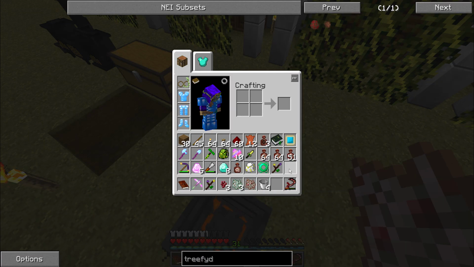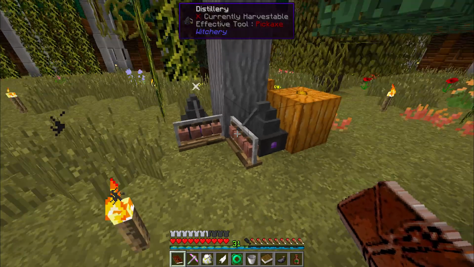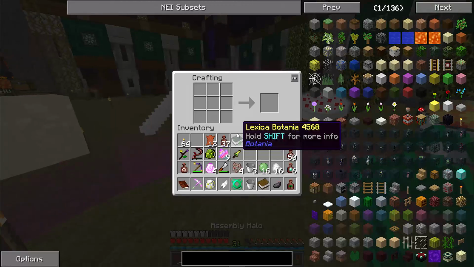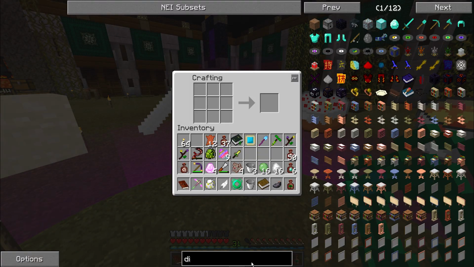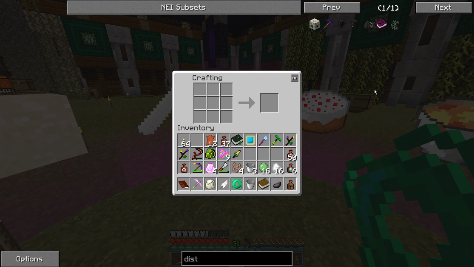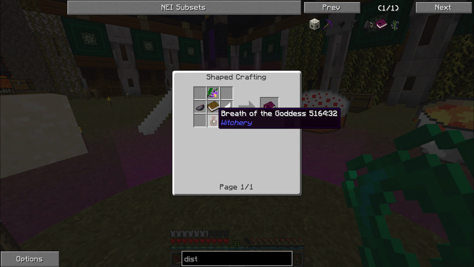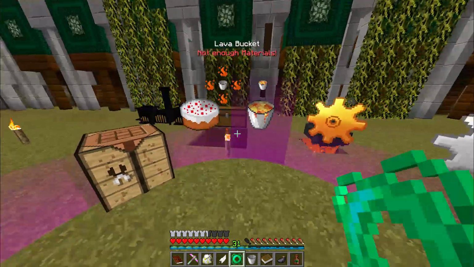Excellent. Alright. Back soon. Alright, I decided I was impatient and I built myself another distillery because I needed things to move faster. So, what's next on the list? We have another book to make. Distilling. There we are. Witchcraft. Distilling, made with a Breath of the Goddess and the standard goodies, which I did not grab the belladonna flower